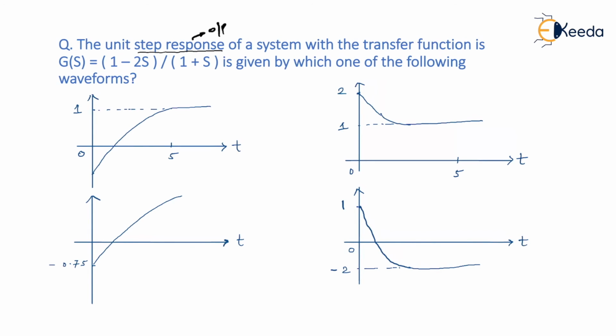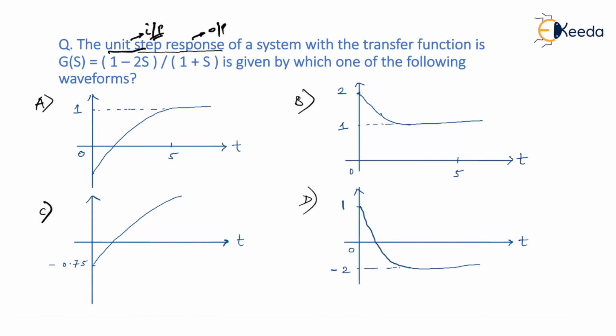But when they say step response, it means unit step is your input. So unit step is your input, and in response to that, whatever you get as output is known as unit step response. Very simple. So now we have decoded what is given. They have informed you that unit step is the input, and you have to guess what is the unit step response out of 4 options. Let's say this is option A, option B, option C, and option D.